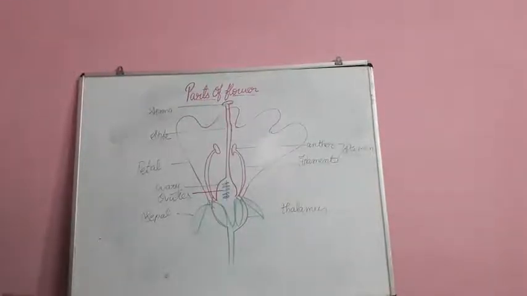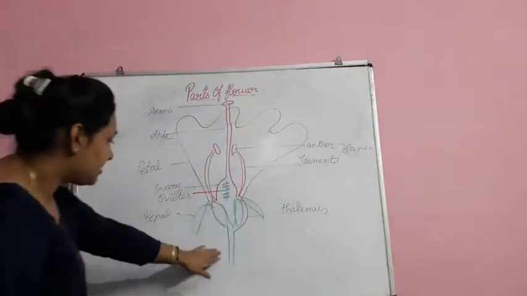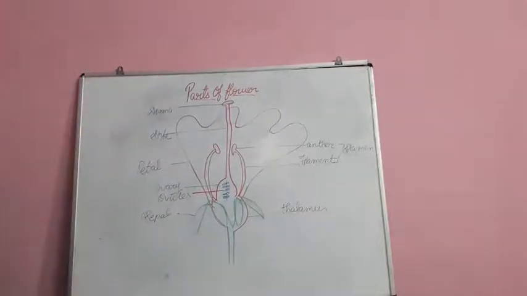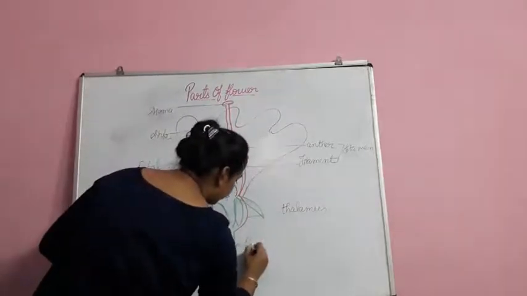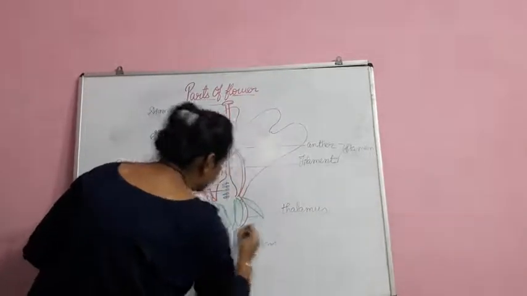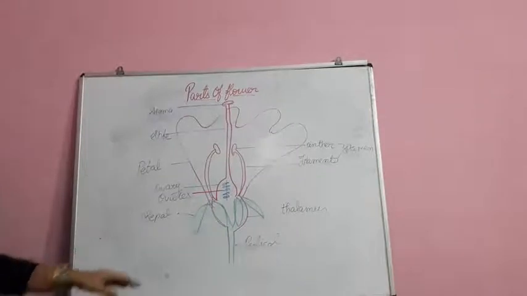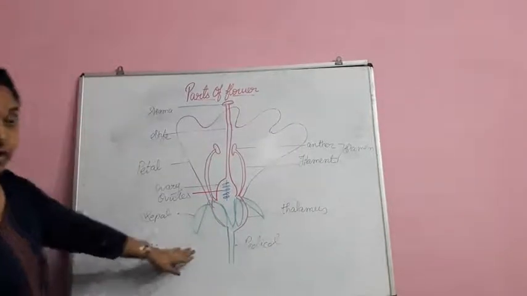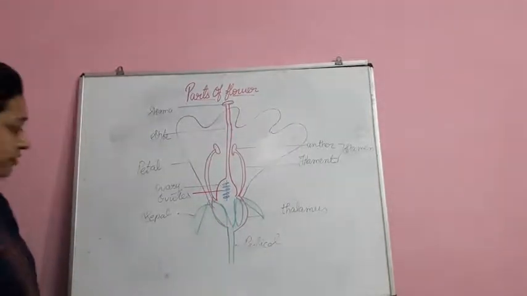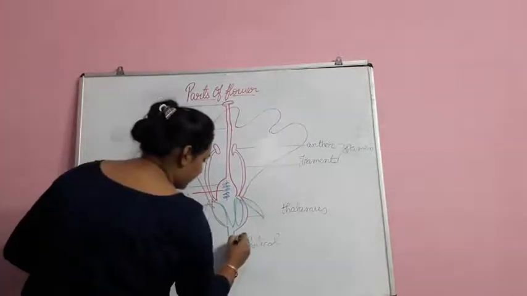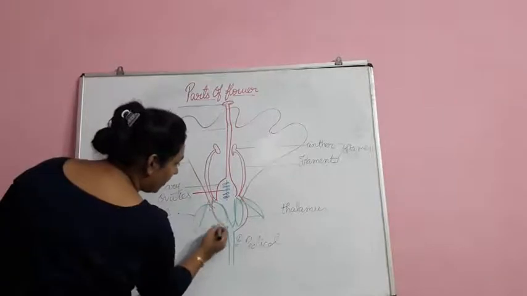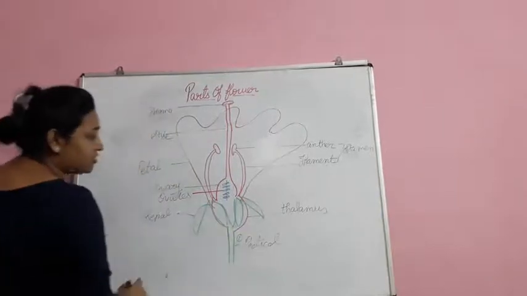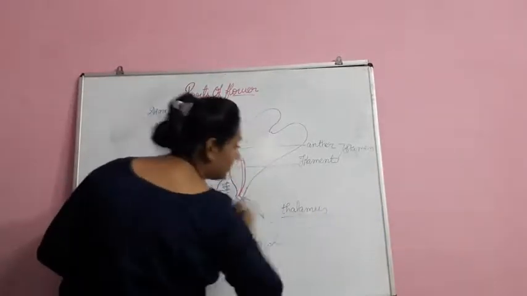Let's start with them. Here, as this stalk, you can see this is actually a pedicel which we always talk about. So this pedicel is there and the flower has arisen from here. Now let us start with the different parts of it. This is the one part, pedicel, from where it has arisen, and this swollen part which you can see, this is called the thalamus.